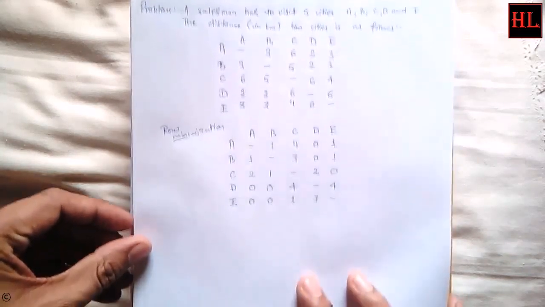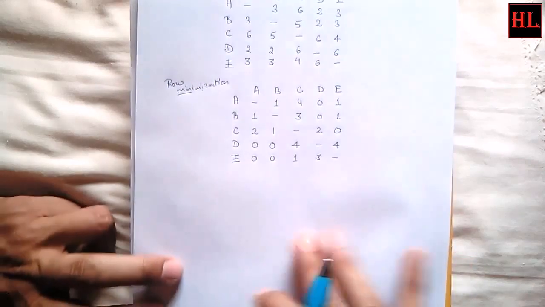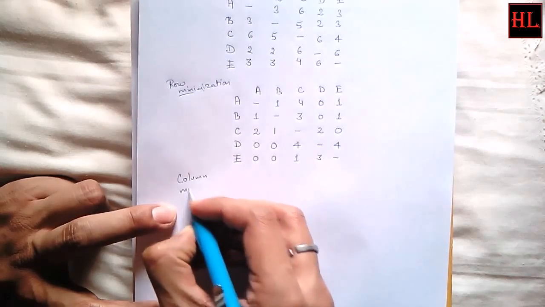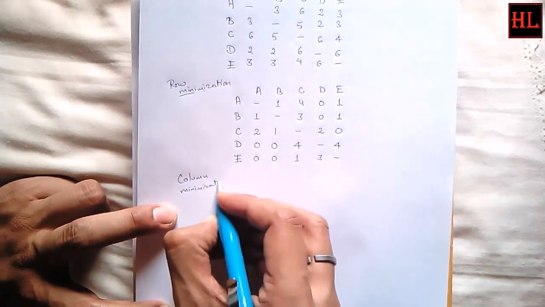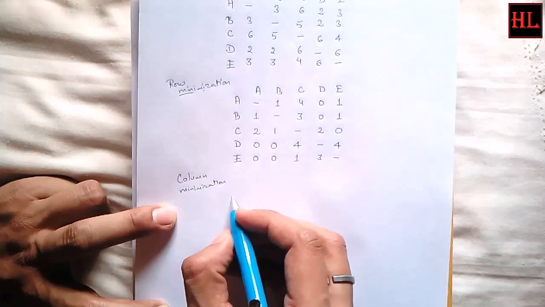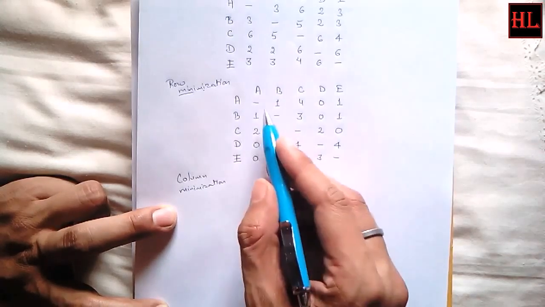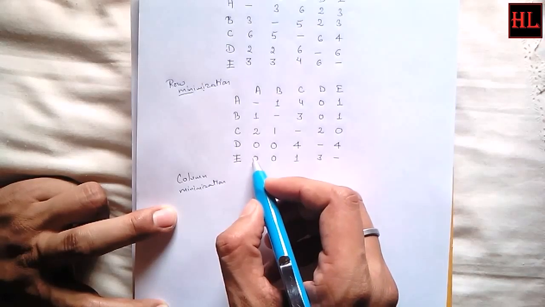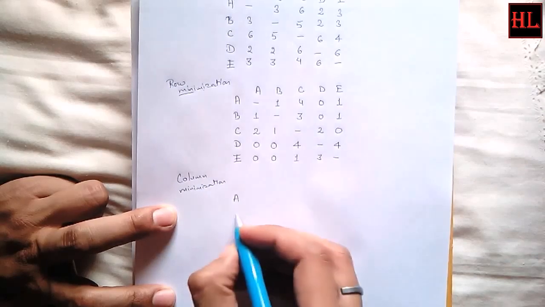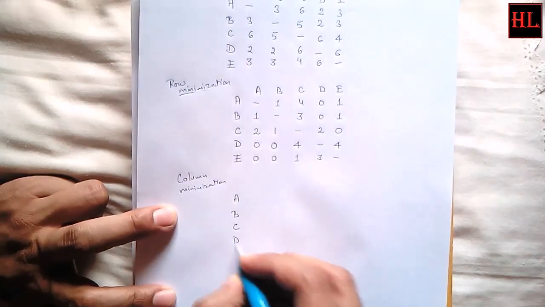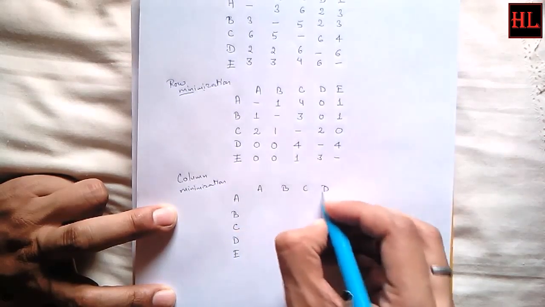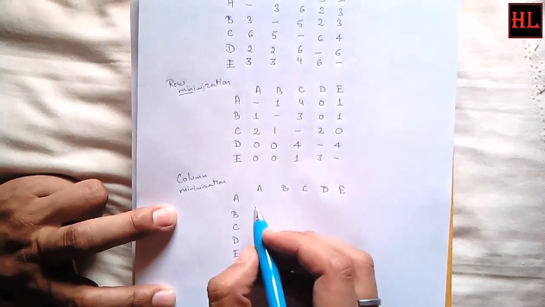So after we have applied the row minimization, we need to apply the column minimization. For the column minimization, we'll select the minimum element of each column and subtract that element from all the other elements of that column. So for the transformation, we'll again write the matrix. So here you can see that